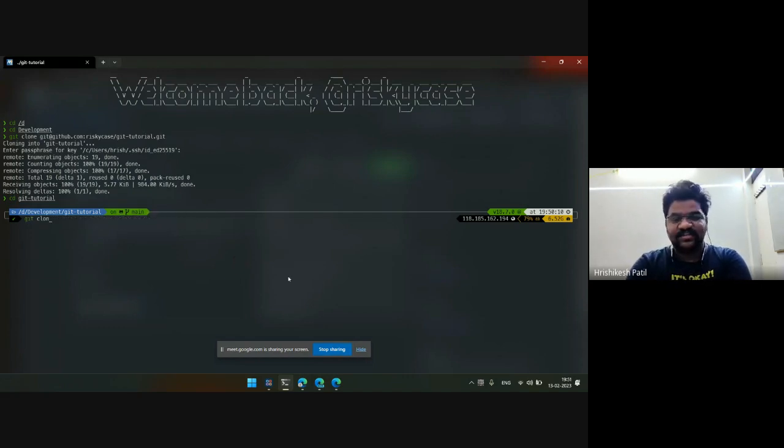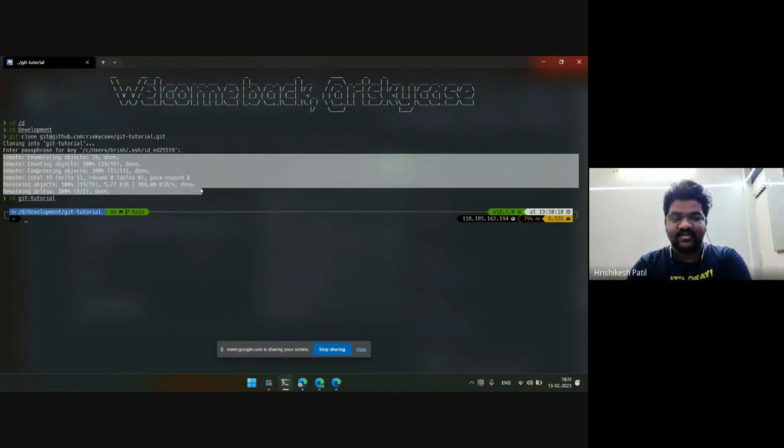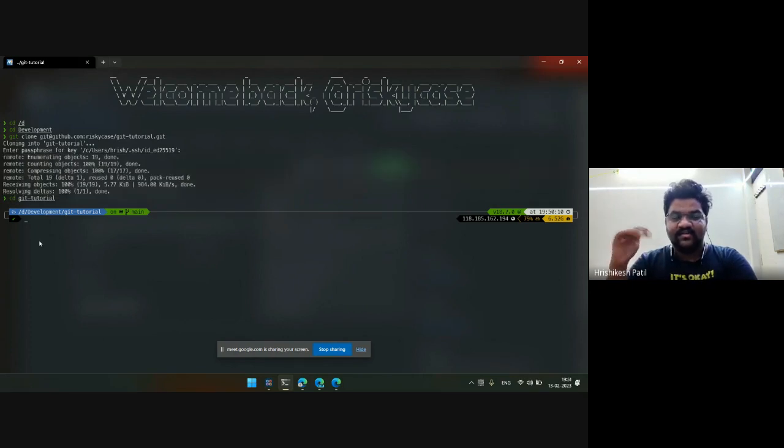Once you press enter, it will make a copy of your repository which was created on GitHub. It will have the same name as your repository name. Since it was under my username as git tutorial, I go into the folder git tutorial,